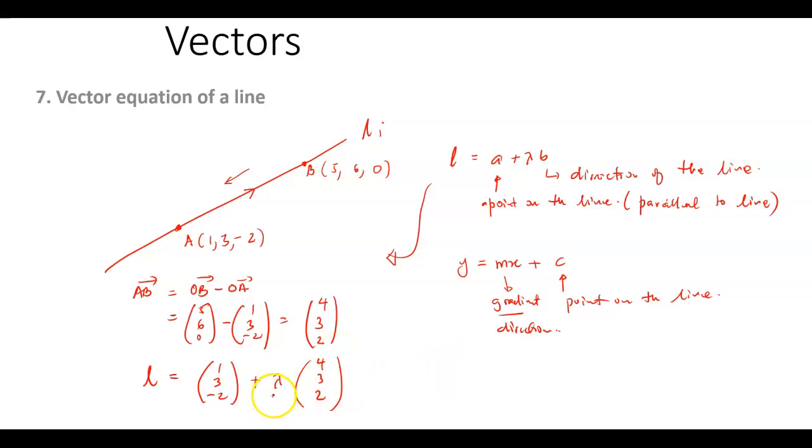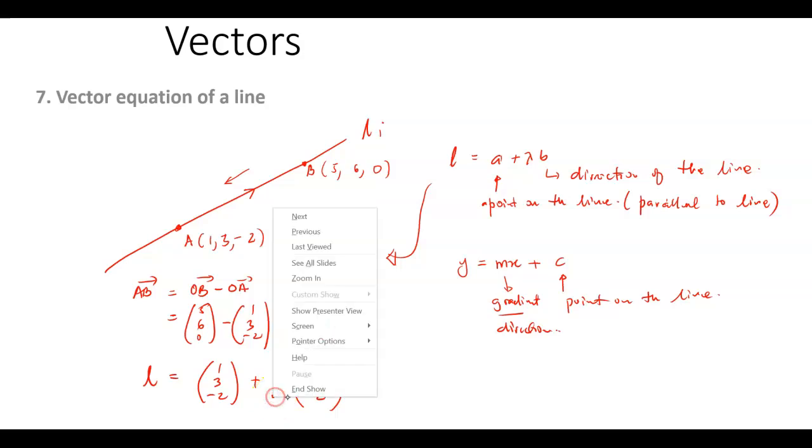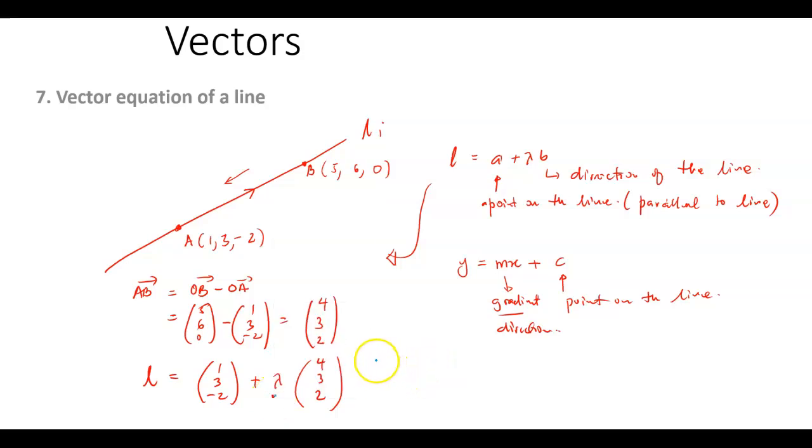I can even change the lambda there and put t, or s, or anything else I want. Lambda is any parameter and can take on any value. Now, someone may ask, what if I use B instead, using 5, 6, 0 instead of 1, 3, negative 2? That would be correct as well. Your equation can look like 5, 6, 0 plus lambda or t